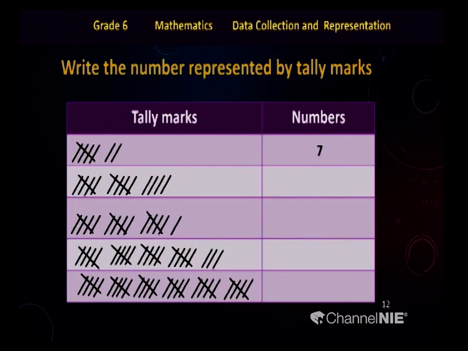Then tell me your answer for the second one. Okay, my dear children, I know you know the answer. Then what is that? 5 plus 5, you can see 2 bundles there. Then 5 plus 5 is 10. 10 plus other 4 tallies, that is 14. Very good. Then we'll see the next one.